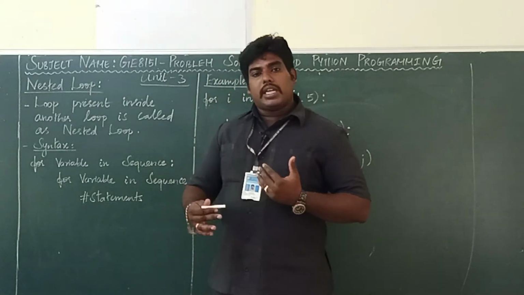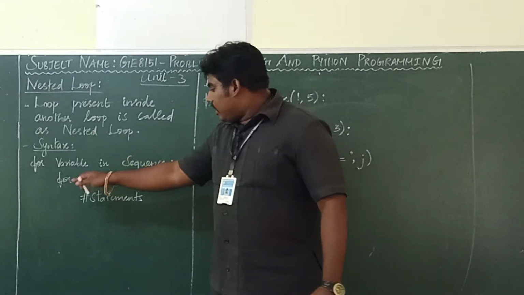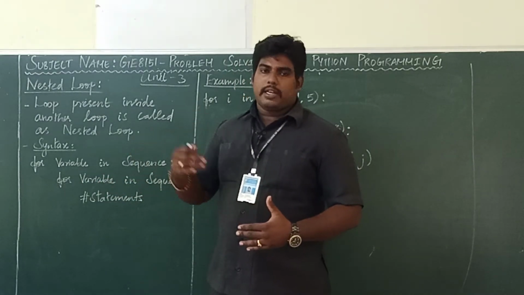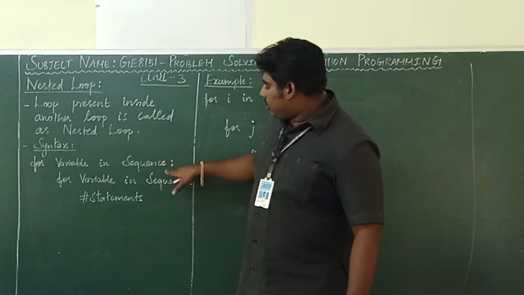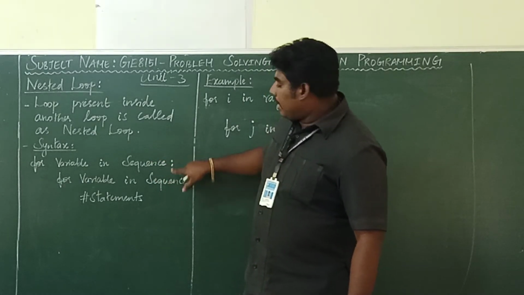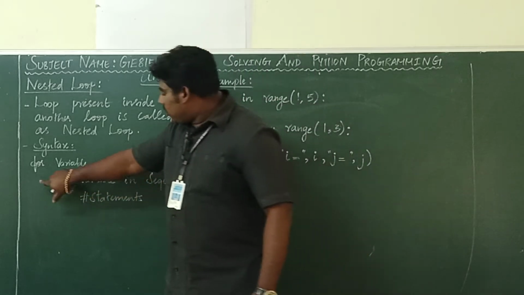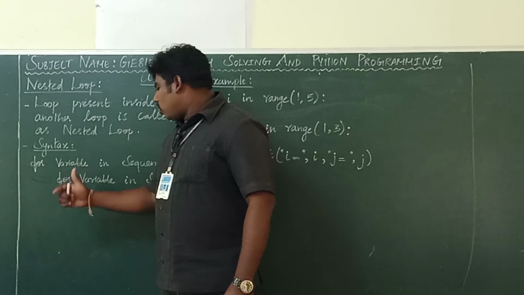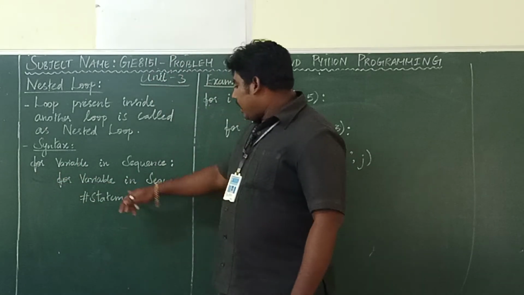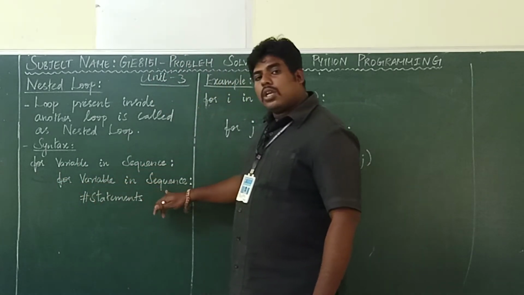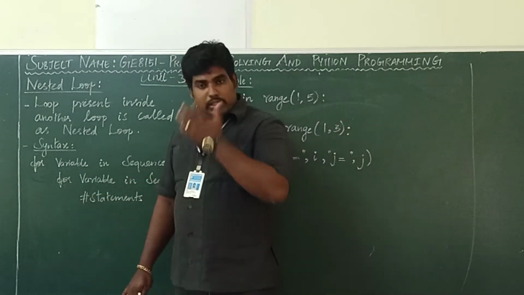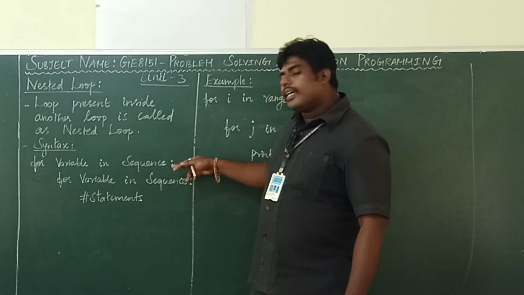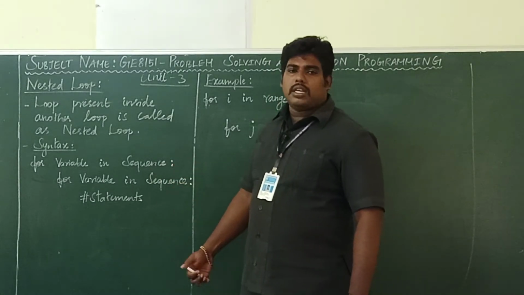What is the meaning of indentation? The indented thing is the body, the statement of the first header. If you are taking this loop, this is the loop, and this is the body. See, this space is indented space. So for this for loop, this is the body. Again, another for loop, for variable in sequence. For this for loop, this statement is the body. All of you got it? So one loop present inside another loop is the nested statement.